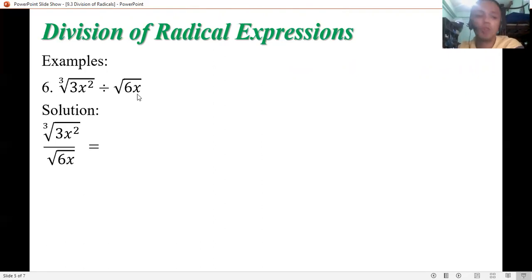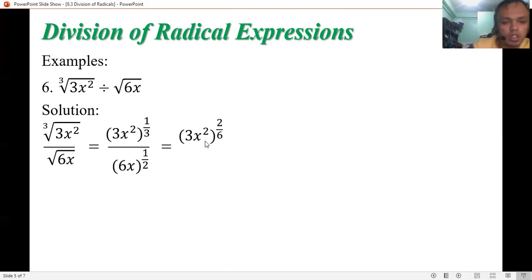So what is the exponential form of cube root of 3x squared? We have 3x squared raised to 1/3, quantity enclosed in parentheses, over 6x raised to 1/2. Now, next, get the LCD. Shortcut na natin, wag na natin i-distribute sa 3 and tsaka sa x. Get the LCD of 1/3 and 1/2. That is 6. 6 divided by 3 is 2 times 1 is 2. So, you have 3x squared raised to 2/6 over